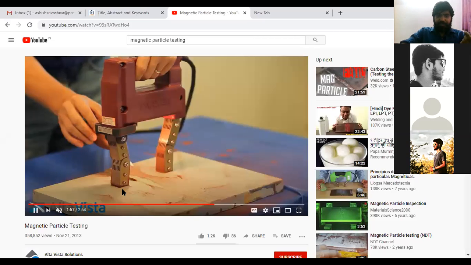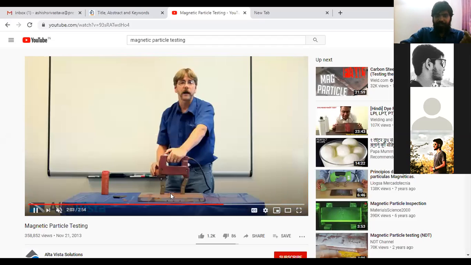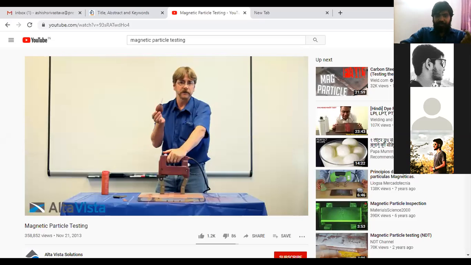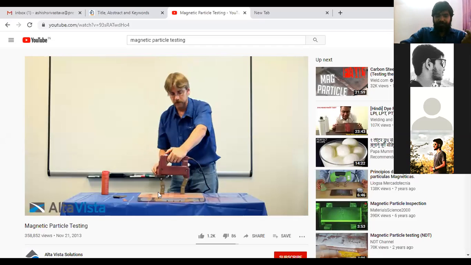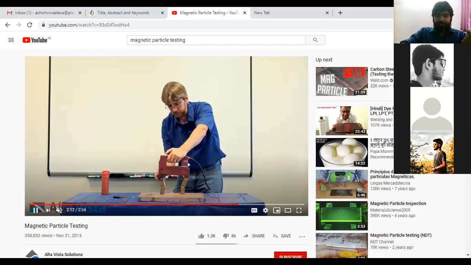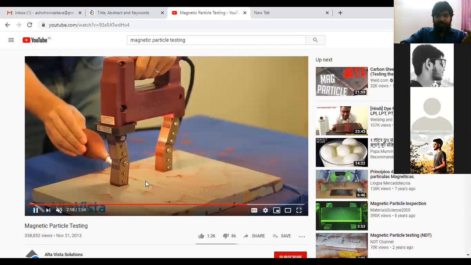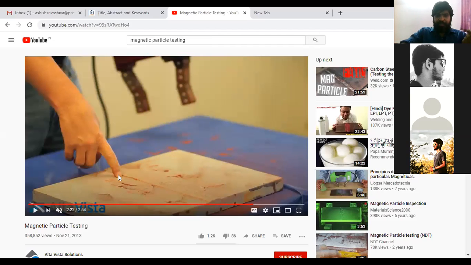You can see from everywhere these particles get removed, but this is the portion where the crack is, because the magnetic particles fill here.